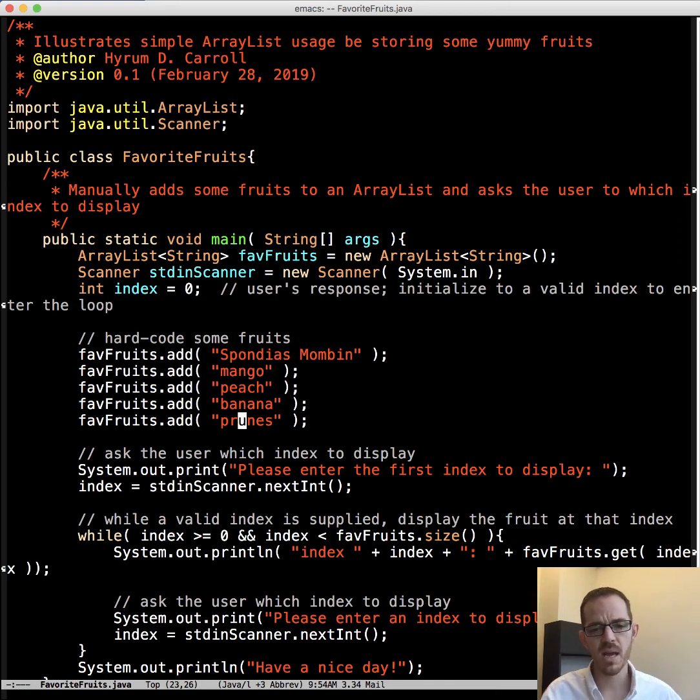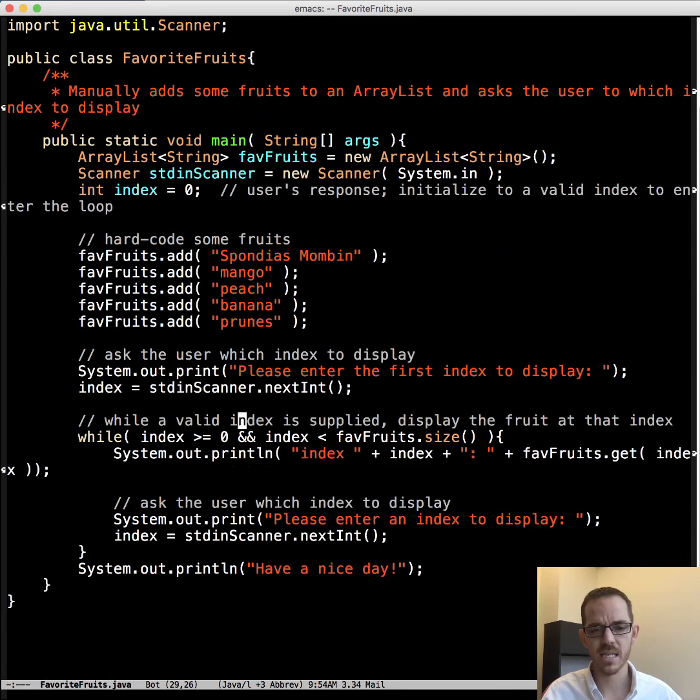We have some of my favorite fruits. And then we ask for an index, and this code protects against invalid indices, and then calls favFruits.get on that index, returns it to System.out.println, and displays it, and then asks for another one.